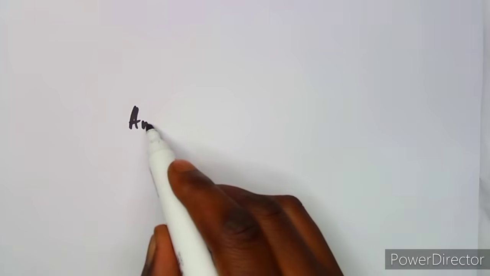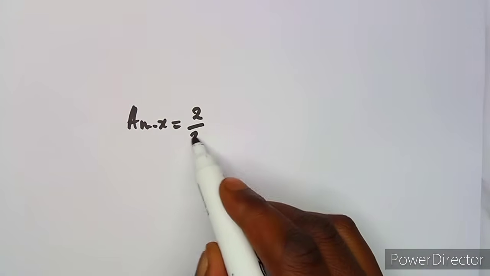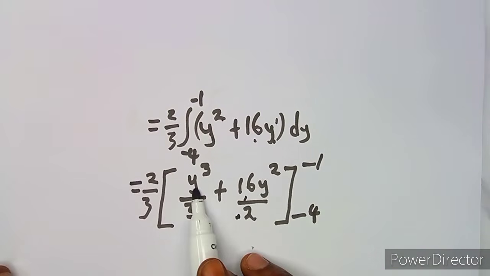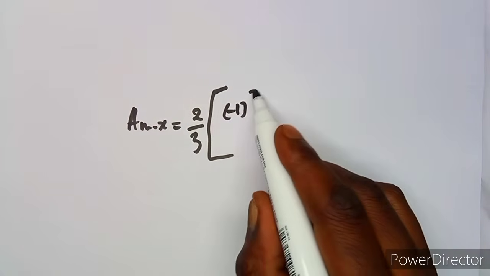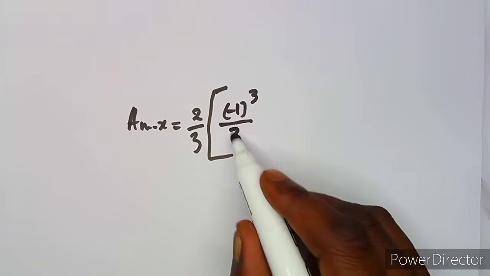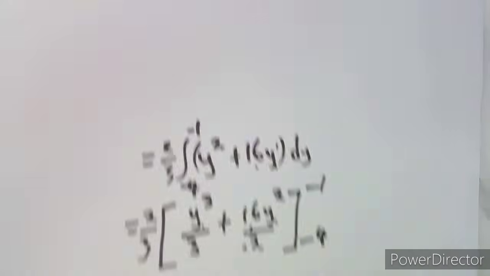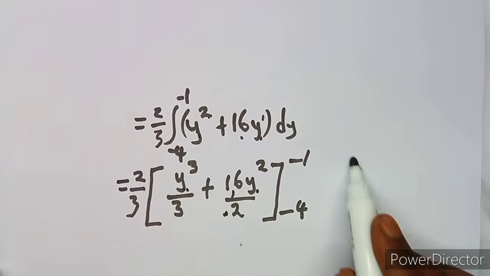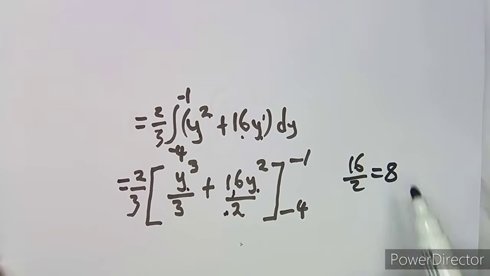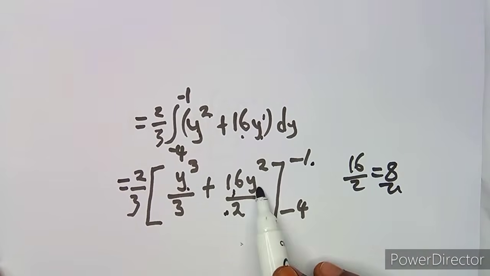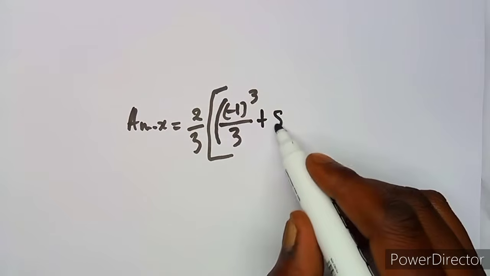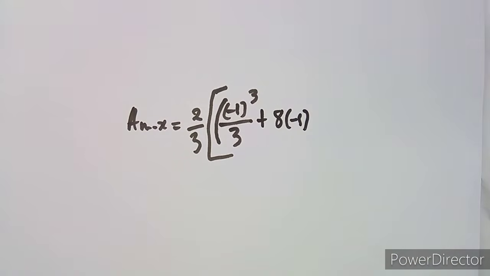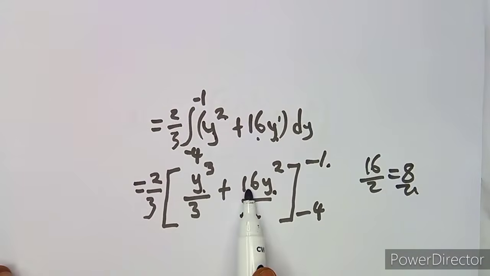That's your area moment here with respect to x, which is going to be 2 over 3 into, so you can substitute the limits. When y is -1, we're going to have -1 here, -1 here. So it's going to be -1 to the exponent of 3 over 3 like that. So I'm just going to open another bracket. We've got plus, remember 16 over 2 is actually an 8 there, so you can just write it as 8, but you're substituting -1, so it's plus 8 times -1 to the exponent, what was the exponent there? It was 2. All right, then you close this bracket. Take note, 8 I'm obtaining from 16 over 2.